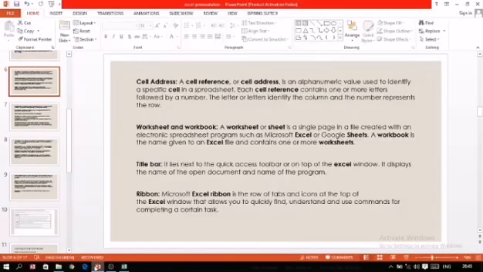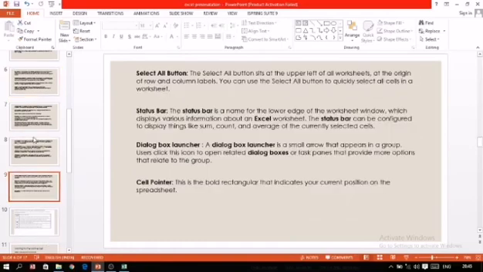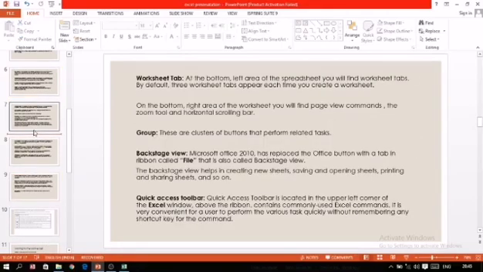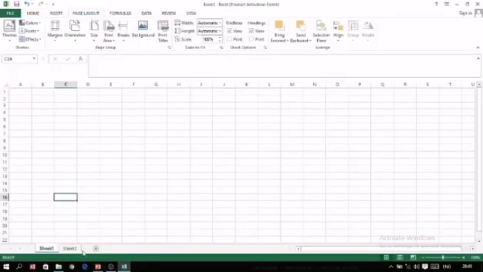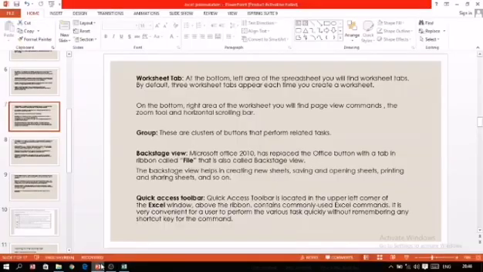Now the next topic which we have is worksheet tab. By default, as I told you, there is only 1 worksheet, and if you want to add more worksheets, they can be added. This area where the name of the sheet and this plus sign appear is known as worksheet tab. So here the name of the sheet is displayed. If you want to change the name of the sheet, that is very simple. Double click over here and then it will get selected, delete it, and type a new name. So this area where the name of the sheet displays is known as worksheet tab.